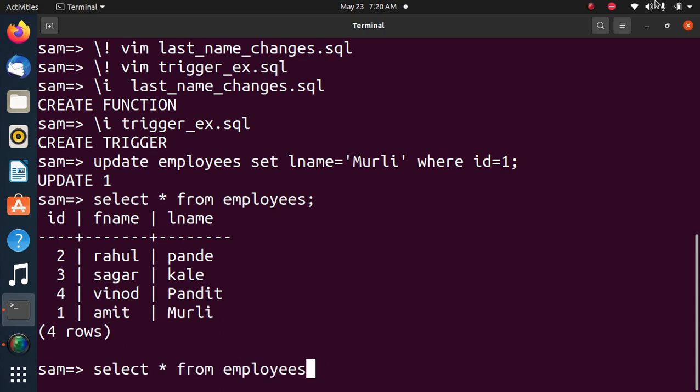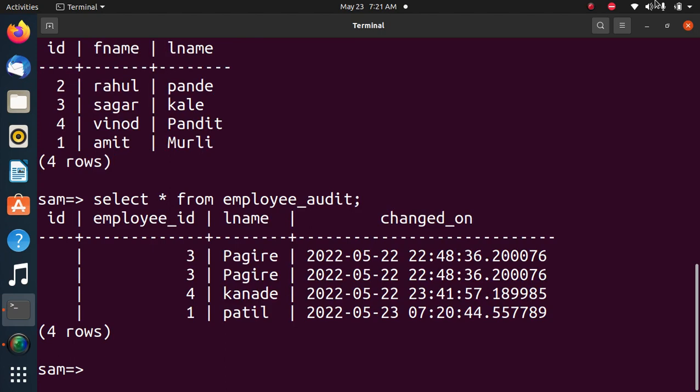Then here Patil has been stored because the previous name was Patil. So in employee audit, due to the trigger, it is automatically reflected without manual inserting. Okay, so we have successfully implemented a trigger in PostgreSQL.